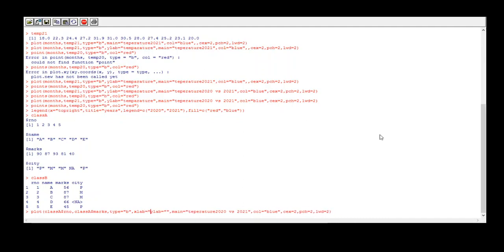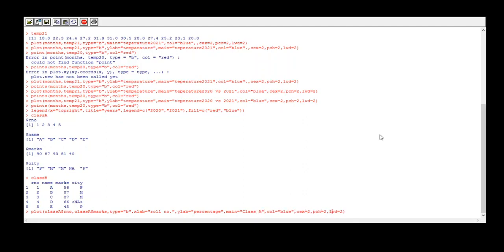On the x-axis I want the caption roll number. On the y-axis I want the caption percentage. Then the title of my graph is class A. This is the title of the graph.